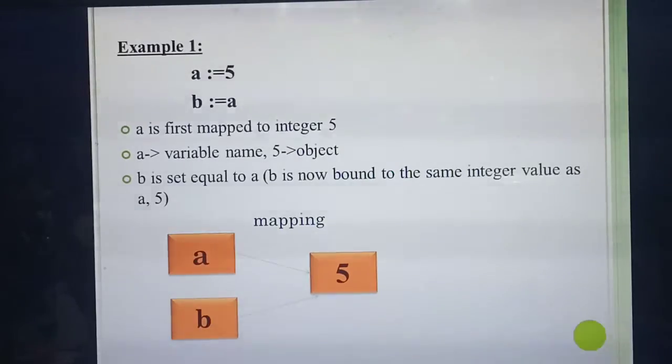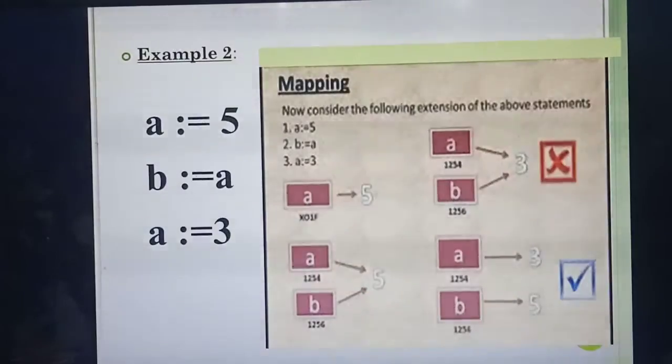So this process is called what? Mapping. So define mapping: what do you mean by mapping? The binding of values or objects to the variable name is called mapping. Here first the value of A equal to 5, so the 5 is being bound to the variable A. In the second line, the value of A is bound to the variable B. So what's the value of B now? 5. Both A and B have the same value 5. Understood the concept? Okay.